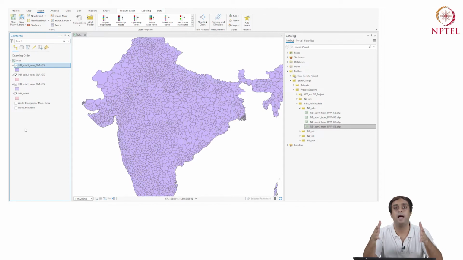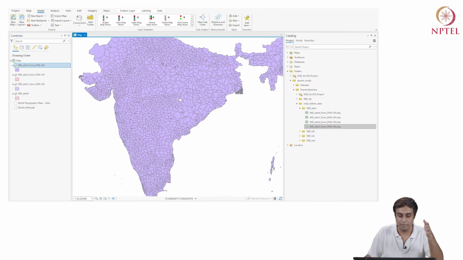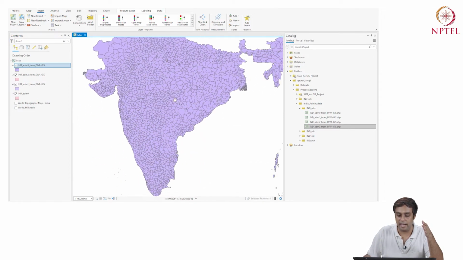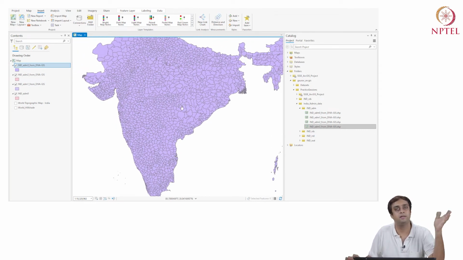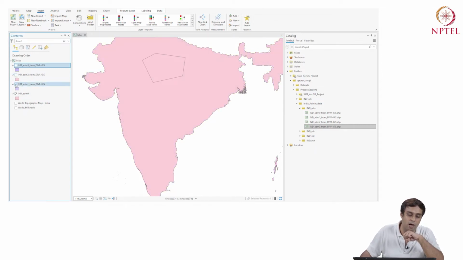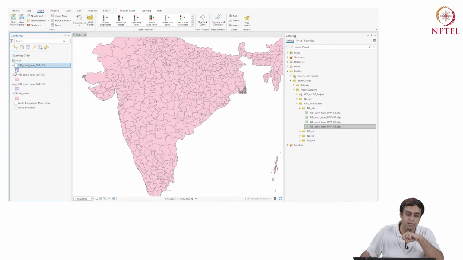You will see the map like this on your screen, where you will not have a base map. That's fine. It doesn't change anything for me. What is important is that each layer is somehow sitting on top of the other, right? Each layer is sitting on top of the other.